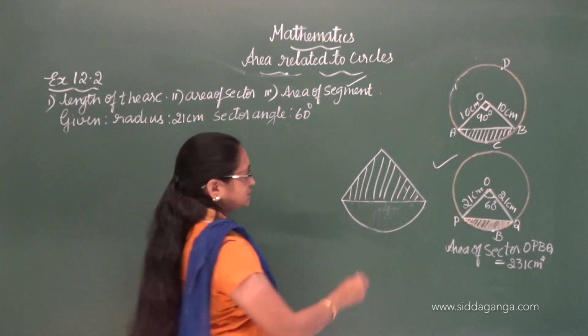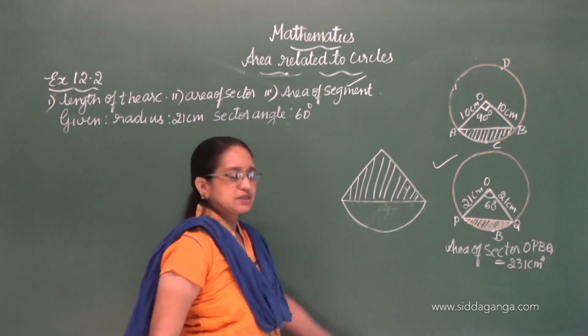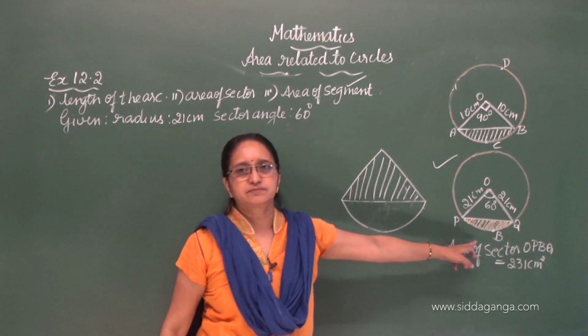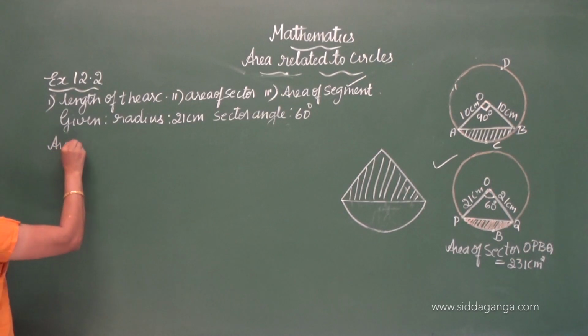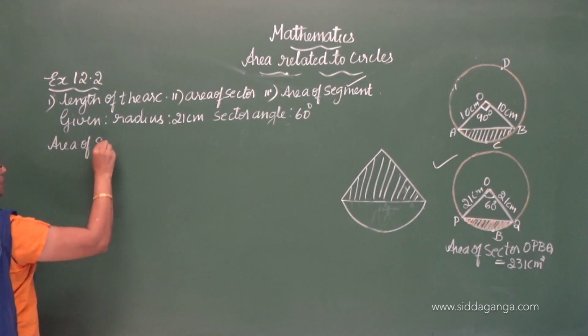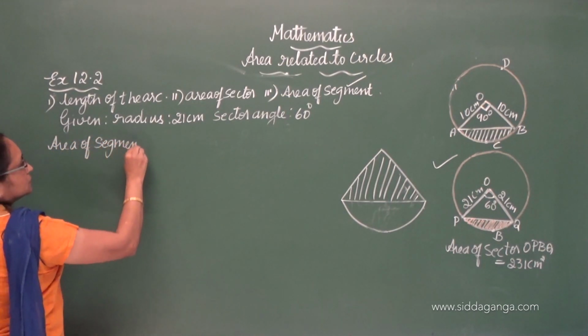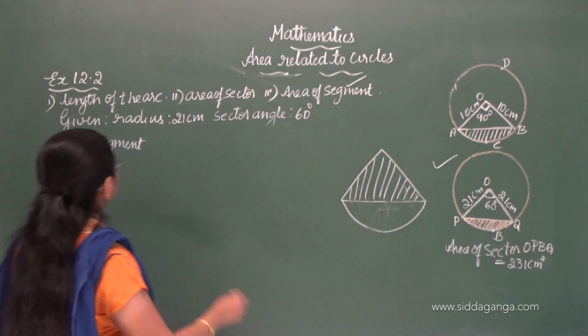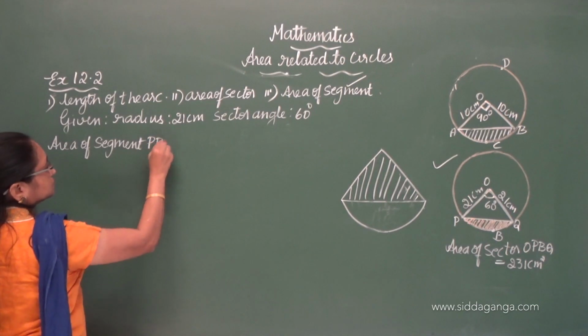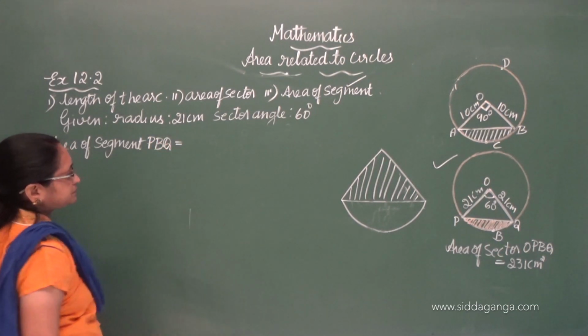Area of this segment here in this case. See, correct? That's it. So finally, we will write area of segment PBQ is equal to